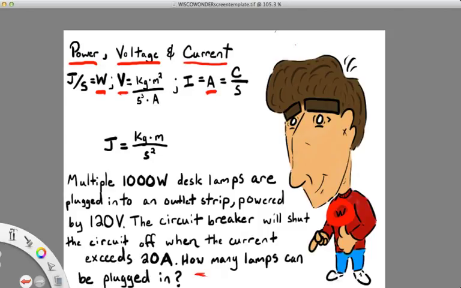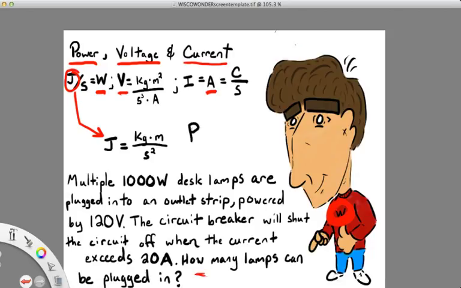Now, one thing about joules is that this is a unit of energy that is given by this relationship. So that's kilograms times meters over seconds squared. And wouldn't you know it, if you combine all of this together, you are able to get the relationship between power, voltage, and current. I'm not going to do that for you right now, but just know that it works out such that you get